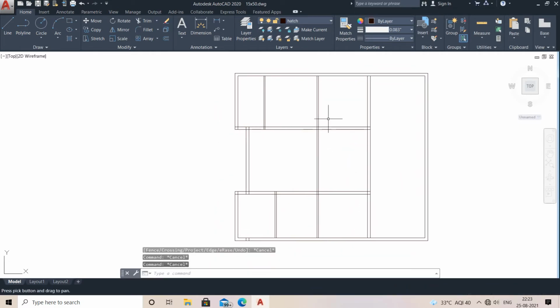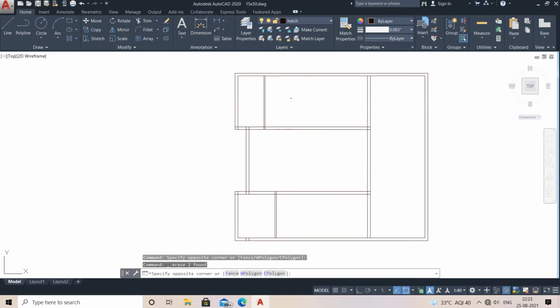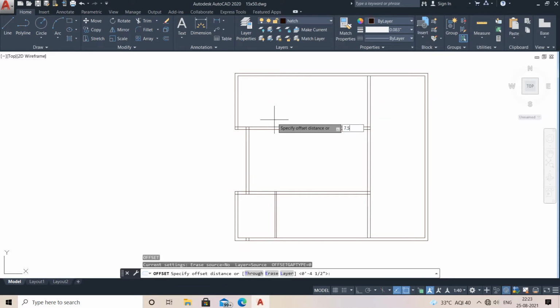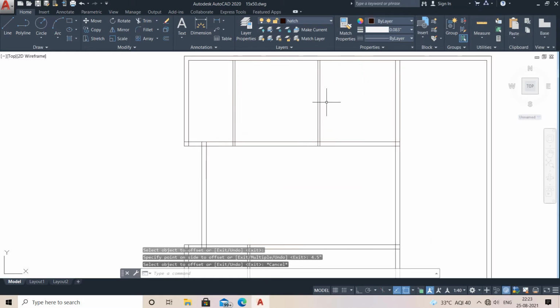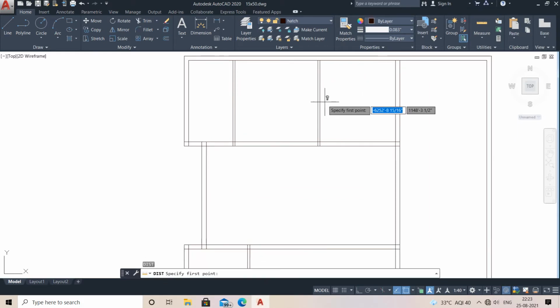Once you delete it, here what I need to do is make it 7.5 feet from here, then go for 14 feet, and it automatically becomes the size. See how much it is, just go and measure it by the DI command.